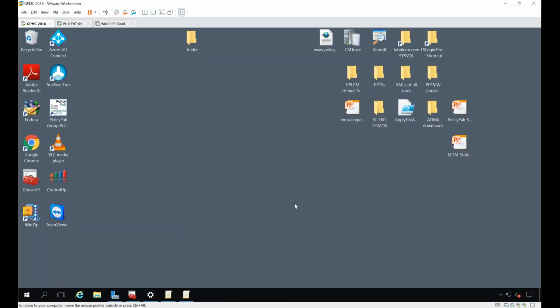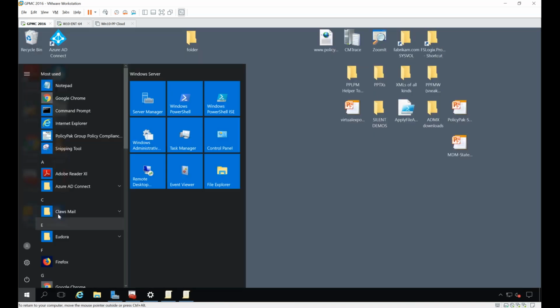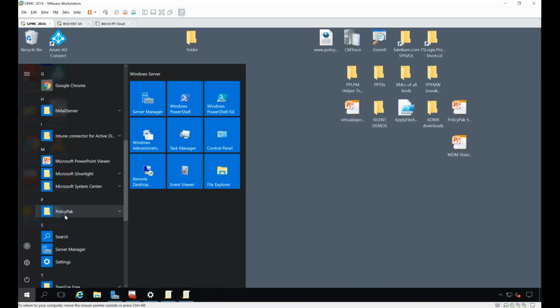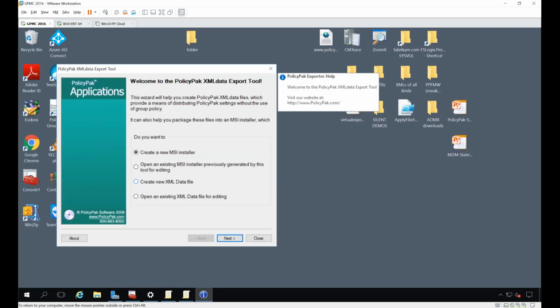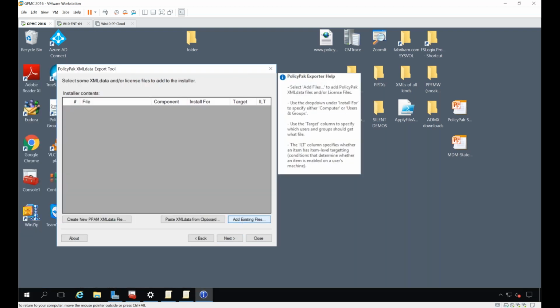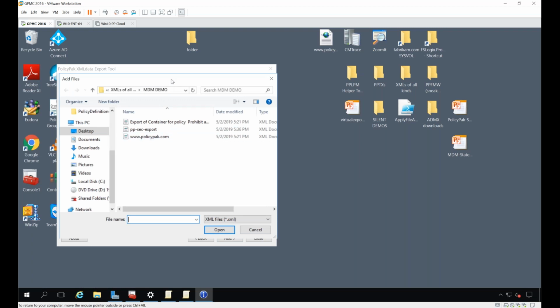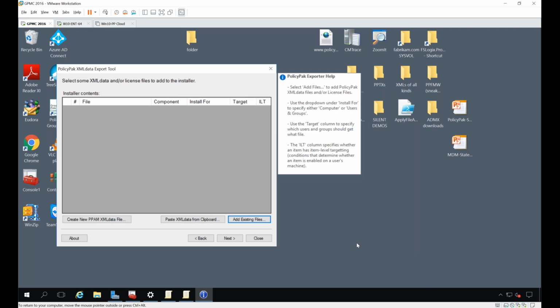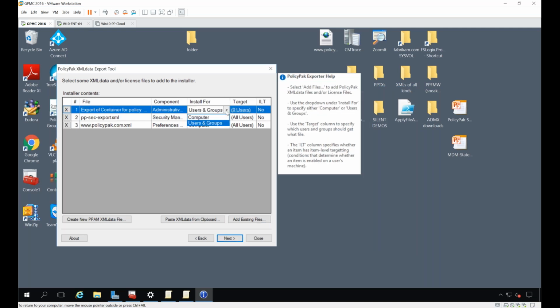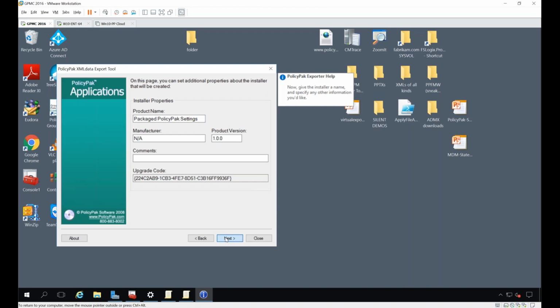Once you have them in that capacity, they're just loose XML files. We have a little program called the PolicyPack exporter utility that we give you here, the PolicyPack exporter tool, and its job is to round up these loose XML files. I have this demo already kind of ready to go here. We take these loose group policy preferences and PolicyPack items, okay? And then you can take them, make them into an MSI, and it works great.